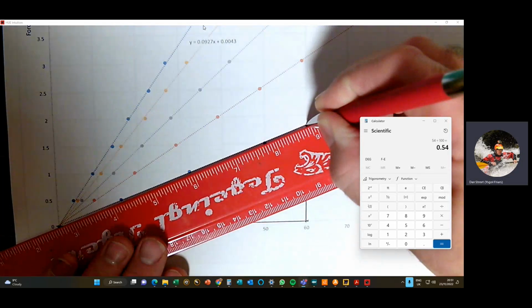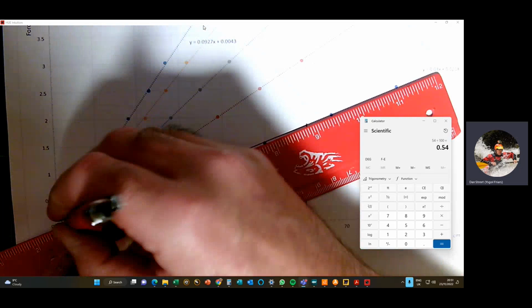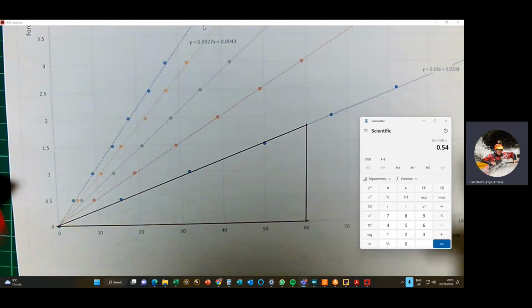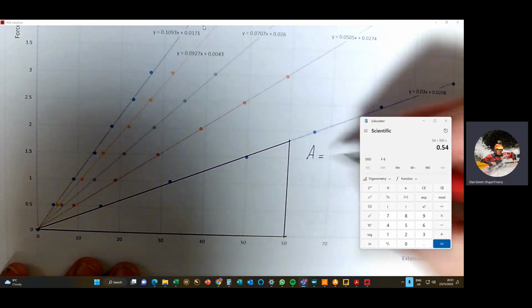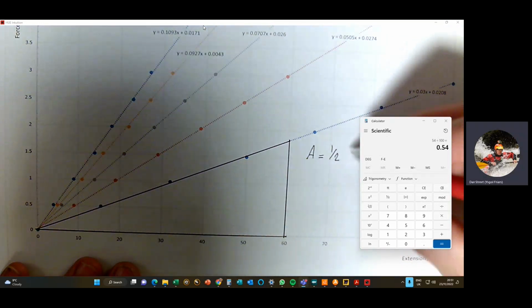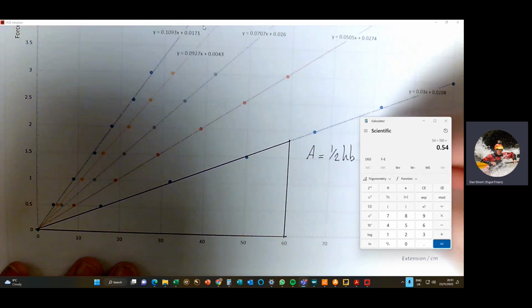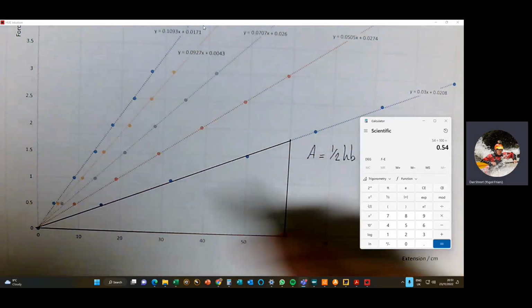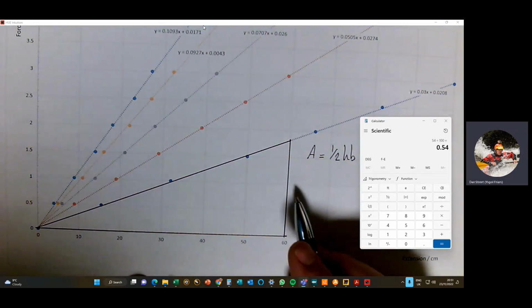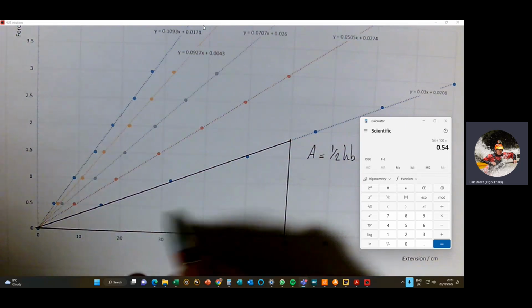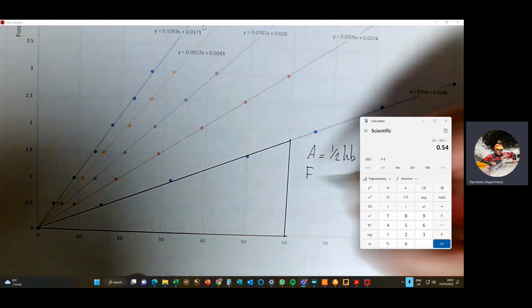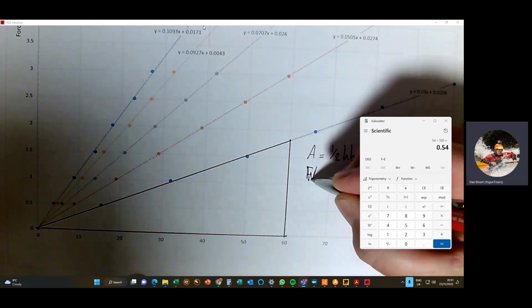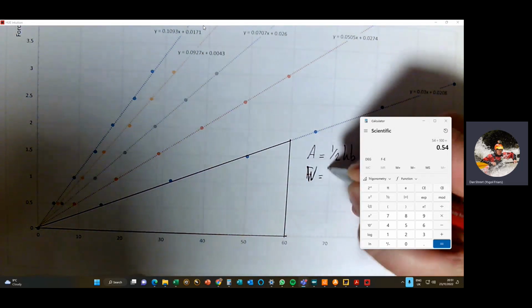Now, if this was a maths exam and you were simply asked to work out the area of this triangle, then you would be using the area is half the height times the base. But this is not maths, this is physics. So we need to work out the area under this triangle, which is the work done. So we use the formula, sorry, W for work done, not F. W equals half